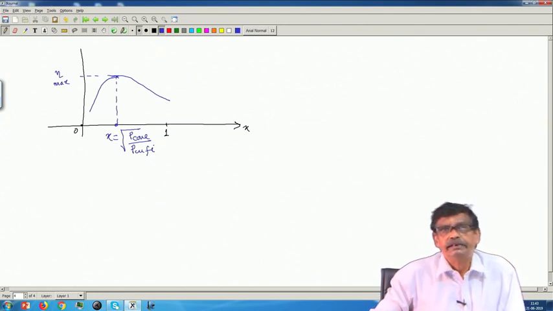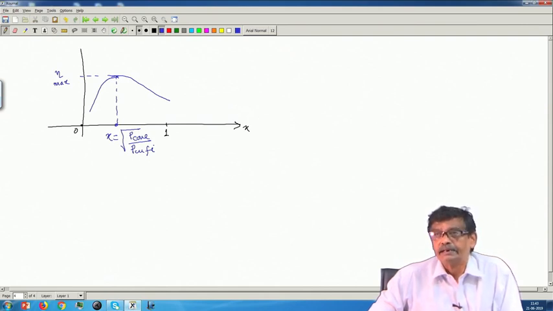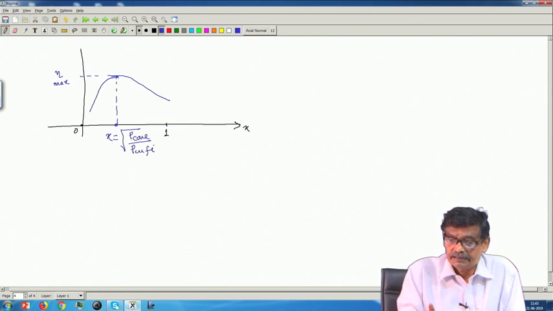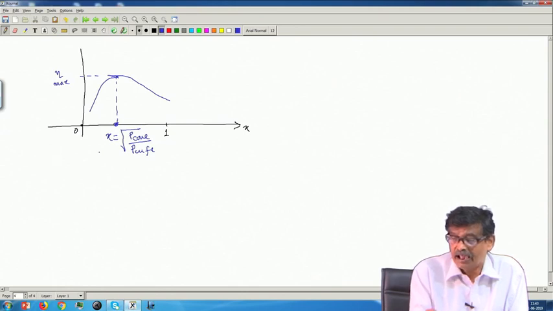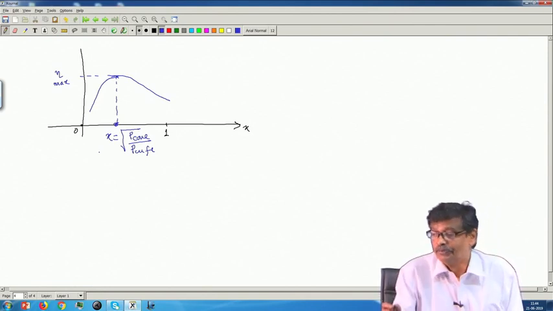Suppose you get this value to be equal to 0.7, and the transformer rated kVA is 10, then I will say that if you operate the transformer at 7 kVA, efficiency will be maximum. That is the implication of this number, and I would like to see this number between 0 and 1. Certainly, I should not have a number where maximum efficiency will occur at, say, 1.5. Are you getting me?